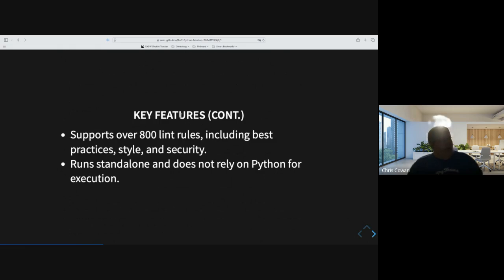The company that makes it, by the way, is Astral. I have some links here in the slide deck later, so we'll talk about that. And it includes best practices, style, and security sort of comments or fixes. It runs completely standalone. Like I said, it's written in Rust, and you can install it without Python. It has no dependencies on Python, even though that's what it does, is